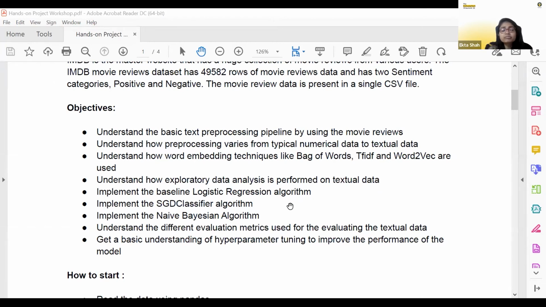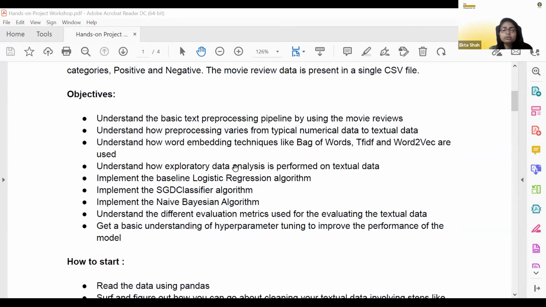Then following it up with the different algorithms that you can apply to get this particular sentiment analysis project to its conclusion. Whenever you want to model, the ML algorithms that can be taken into consideration are something like the logistic regression algorithm, the SGD classifier, the naive Bayes algorithm. These are typical algorithms which are used in any textual modeling stage, right? So this is what we want you to learn and read about.